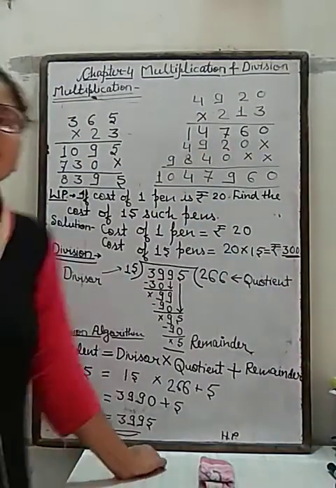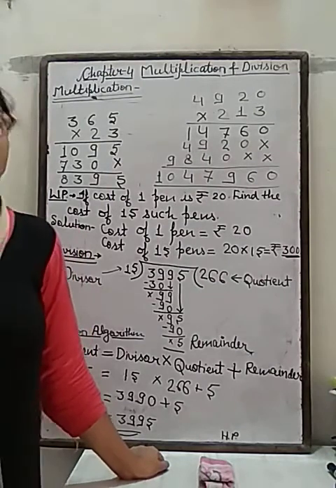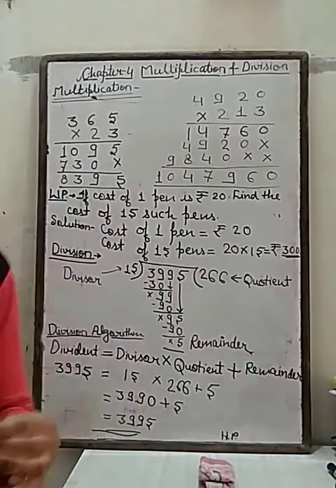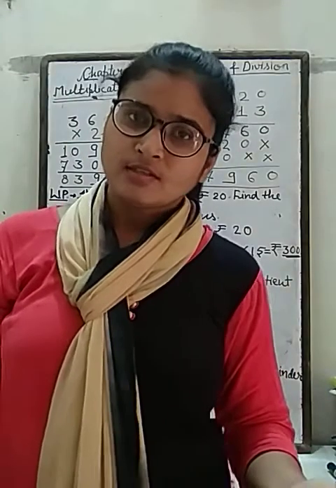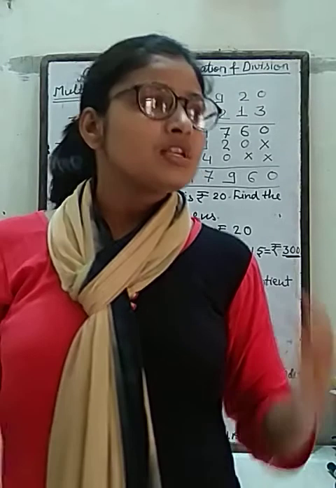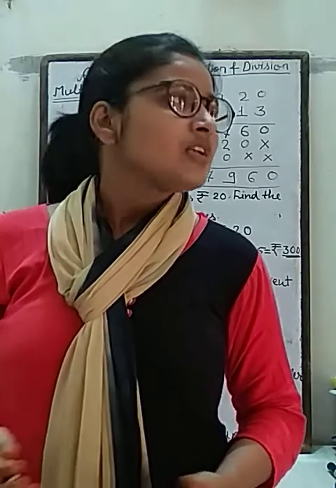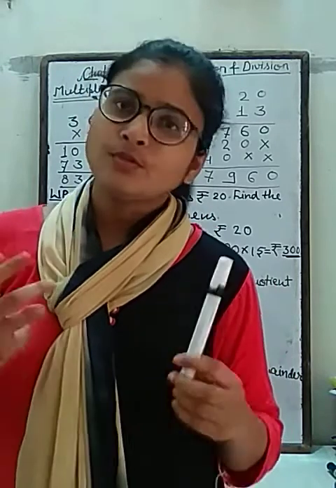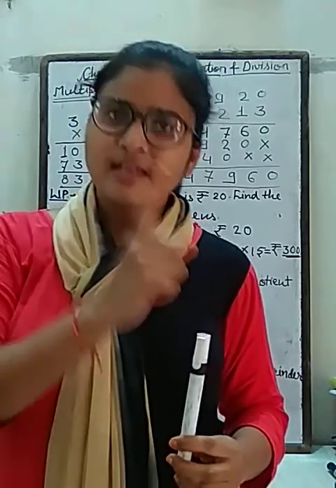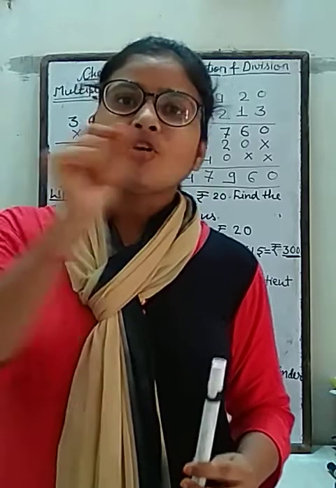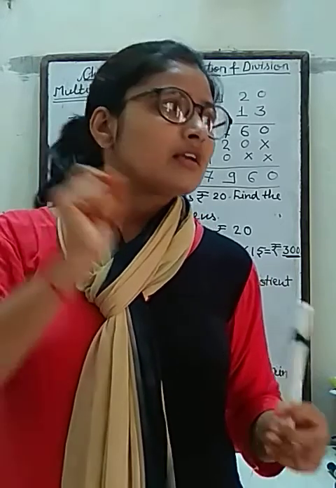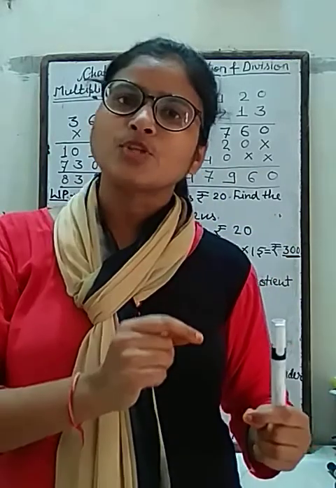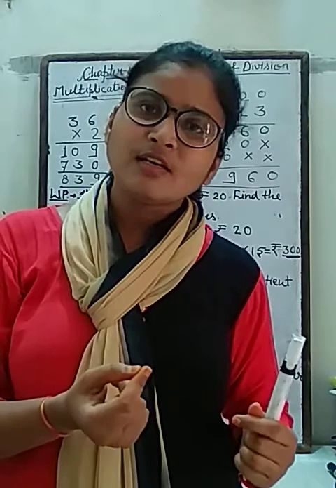Now my lovely students, I want to tell you some word problems on multiplication. जब भी आपको कम का दिया जाए और ज़्यादा का पूछा जाए तो हमेशा मल्टीप्लाई करेंगे. For example, someone is asking that one copy is of 15 rupees, then what is the cost of 2 copies? One is less and 2 is more. One copy cost is given and the person is asking 2 copies cost. It means कम का दिया है, ज़्यादा का पूछा है, तो इस कंडीशन में हम मल्टीप्लाई करेंगे.